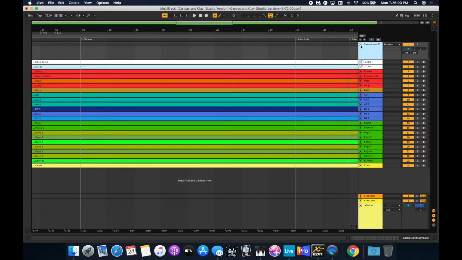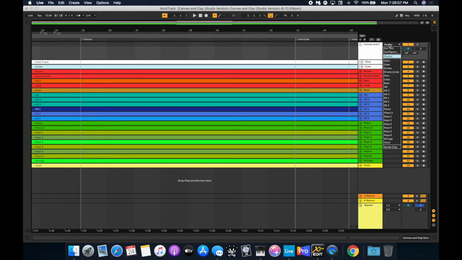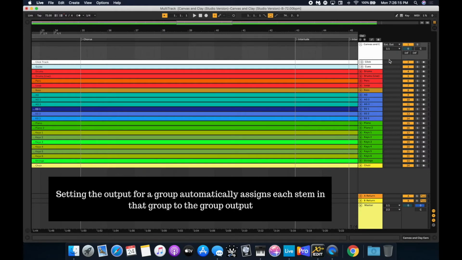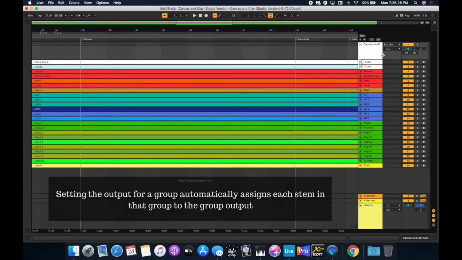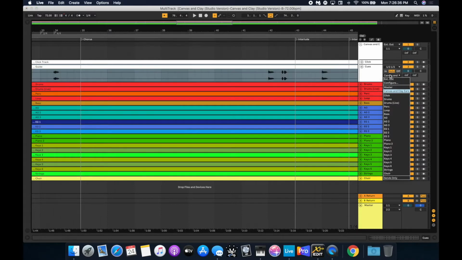Okay, so now I can collapse that, and now all those 2 tracks that I had just for your ears are now collapsed. Another thing I'm going to do is set the output as channel 1. Sometimes, like when I play out, I actually like to split the cues out onto a different channel, let's make that white. The reason for that is that sometimes you can hear plenty of click in your ears, but you can't hear enough of the cue track. So you turn up the click/cue track, and then you end up with way too much click in order to get enough cues. So if you split out one more time, if that's an option,